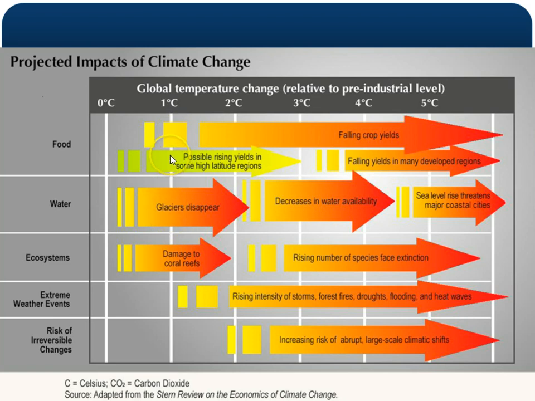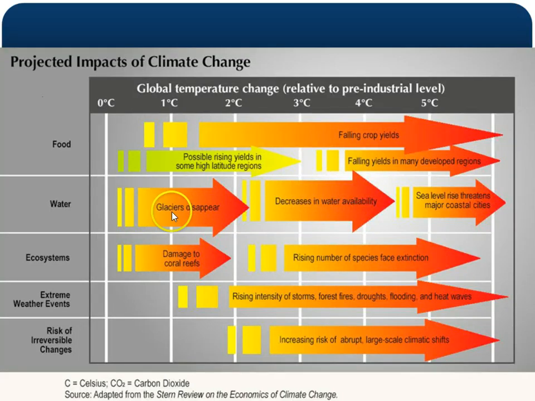Now, what that means at first is that you may actually have a positive, right? Higher latitudes are being able to produce more food through agriculture. And as a matter of fact, France used to be the wine production. I mean, that's where all the great wines came from. And interestingly enough, England is now growing their own grapes and making their own wines. That has not happened before, and it's because their climate is more moderate.